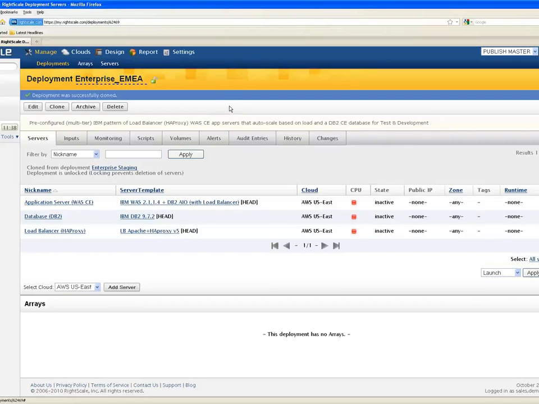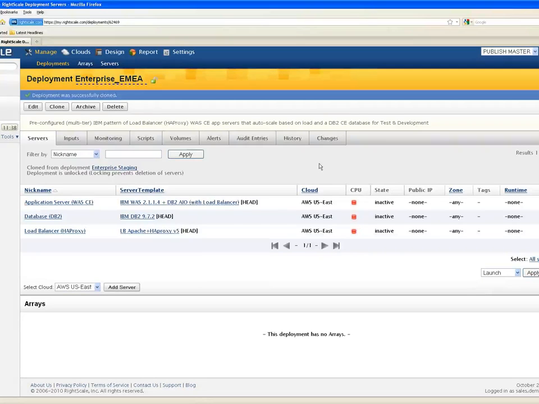Exactly, and we'll see later on the concept of what we call our multi-cloud images, but basically what Josh said is exactly right, is that these server templates sort of sit above that level, and therefore they're cloud portable and region portable. Now, what you might notice here as well is that all of these servers indicated by these red dots are in the stop state. So what we've done here is we've just made a copy of them, sort of a snapshot of that server configuration. And now that we've done that, we need to go ahead and make some modifications and some customizations to